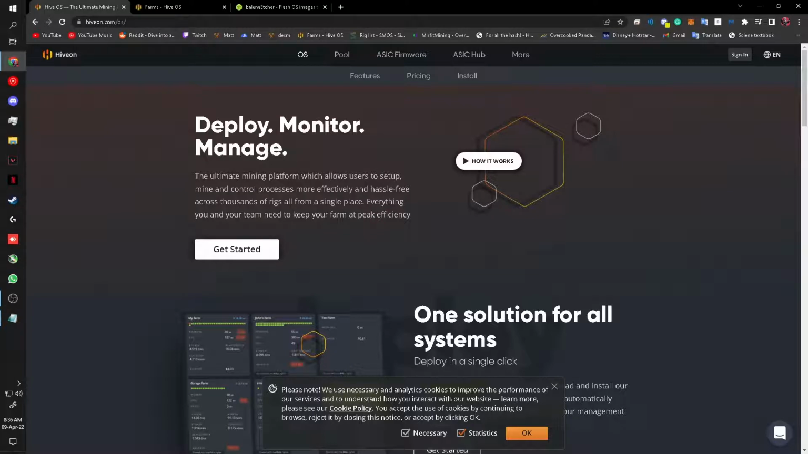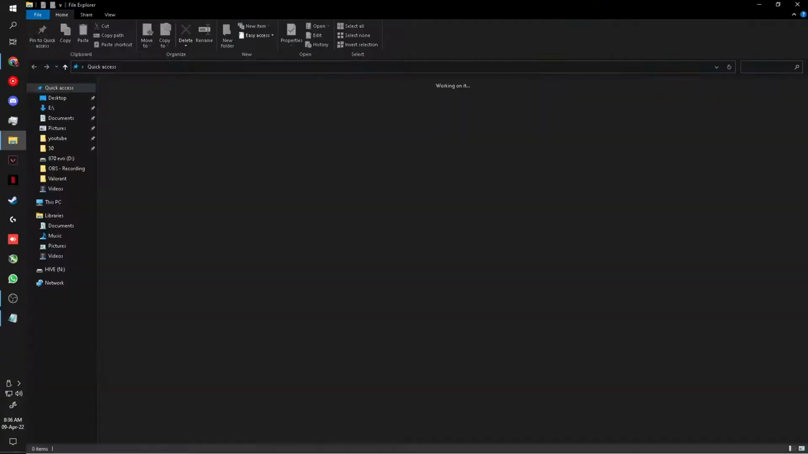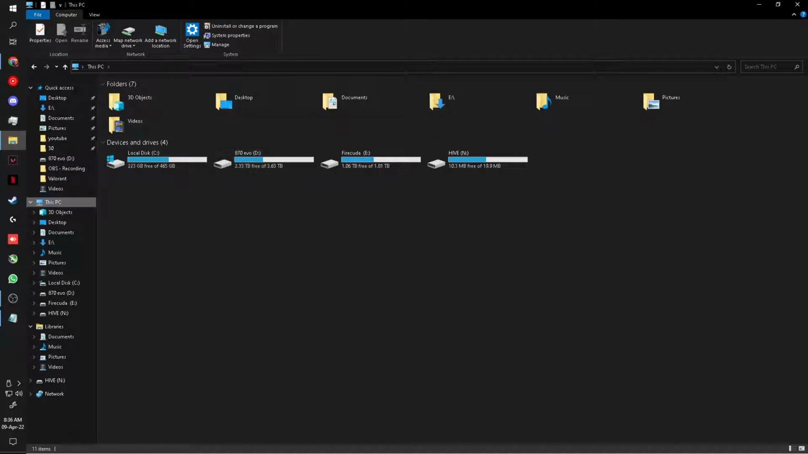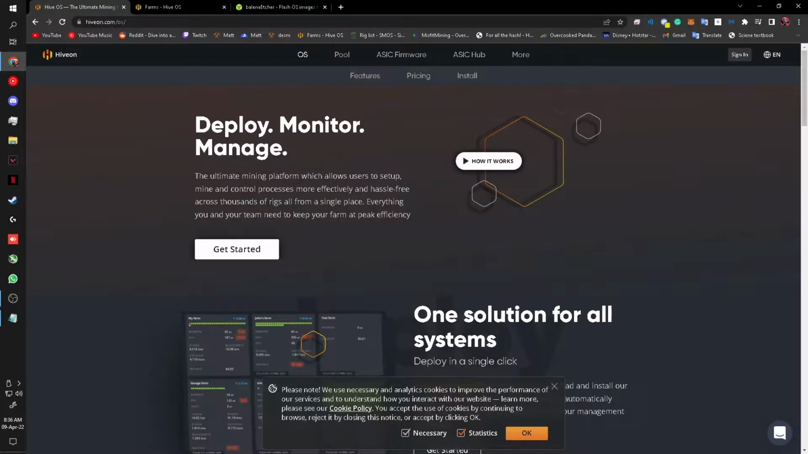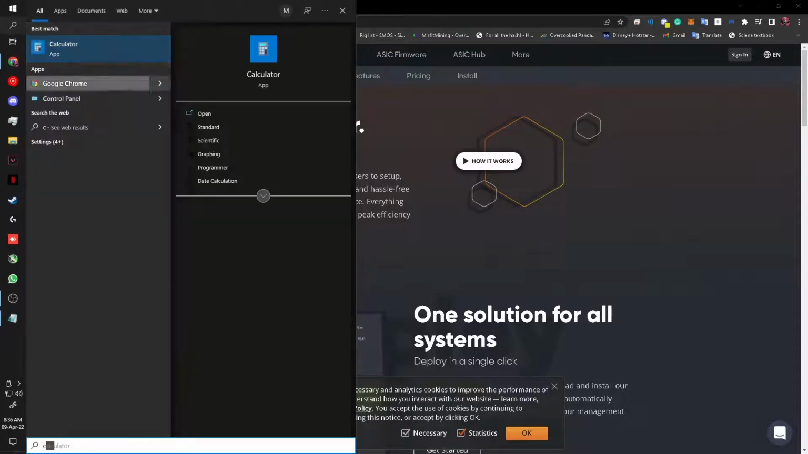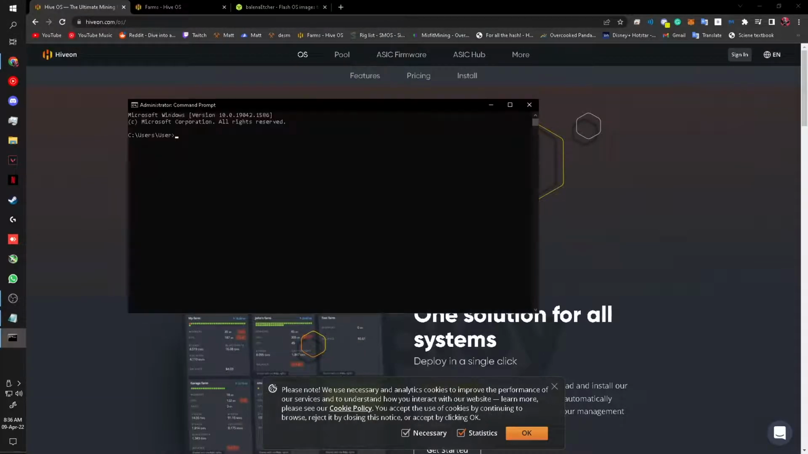So in order to format your SSD or USB, you have to insert it into your PC. I have it here in my PC. This is the drive that I'm going to be formatting. It had HiveOS before, so what you need to do is open up CMD, type in this part,